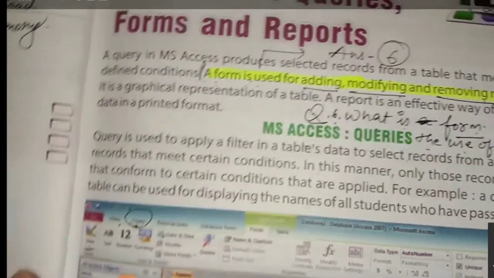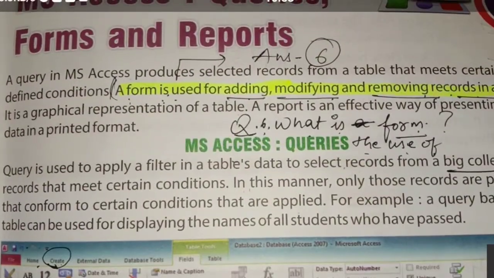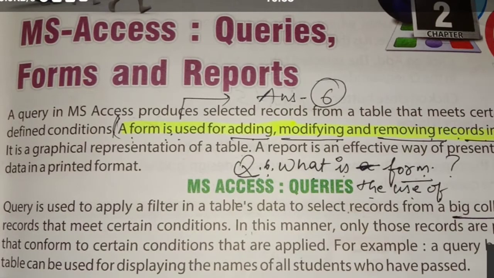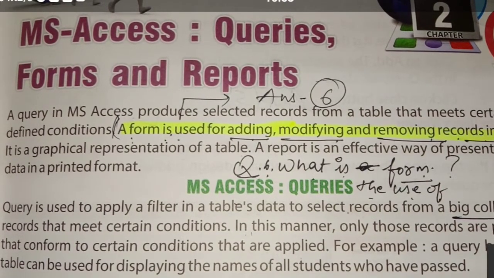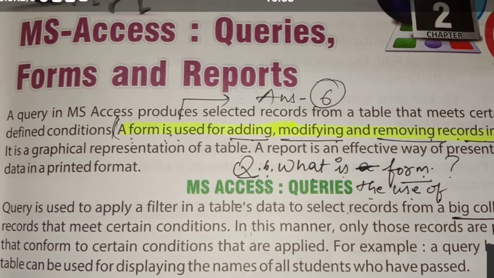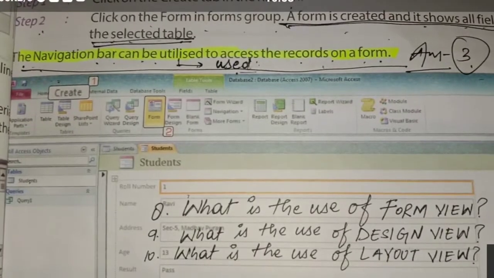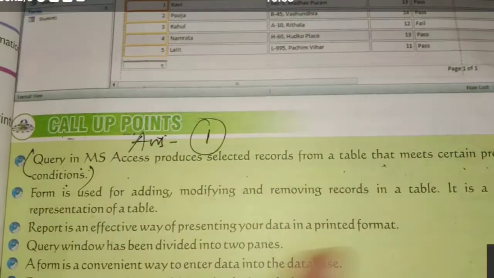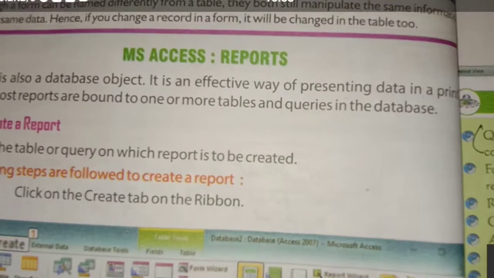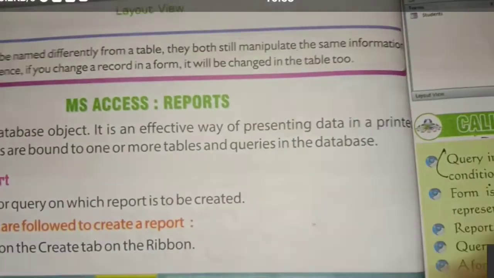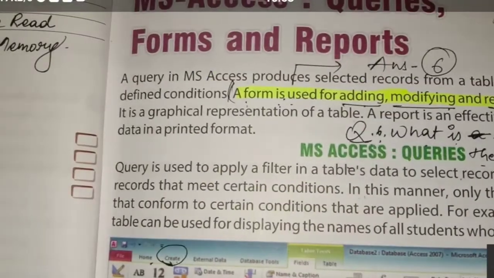We read yesterday: what is a query? It is a collection of data, predefined reports. It has three views of the form, like layout view, design view, and one more. We have to carry on from MS reports. Once we read it again, it will be clearer, no problem.